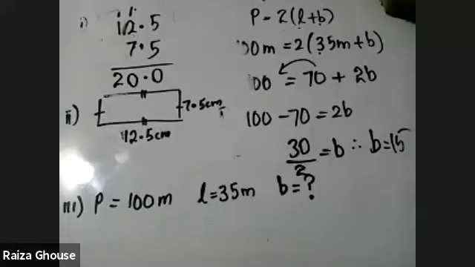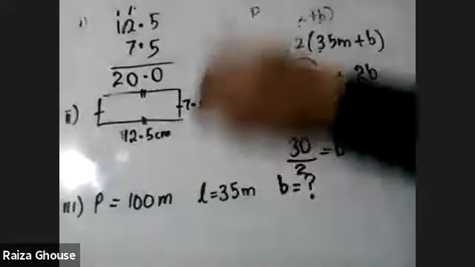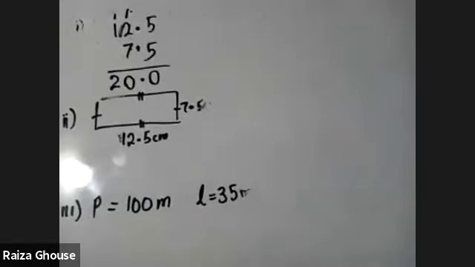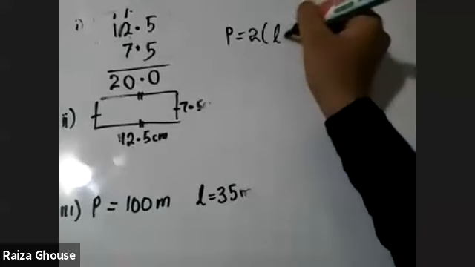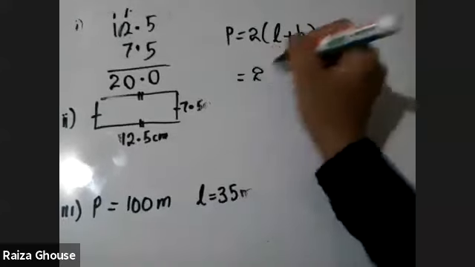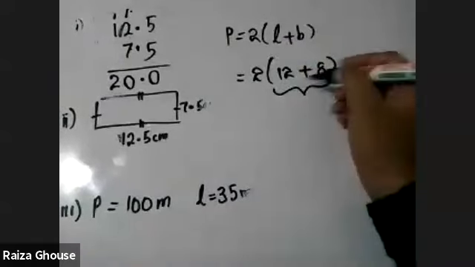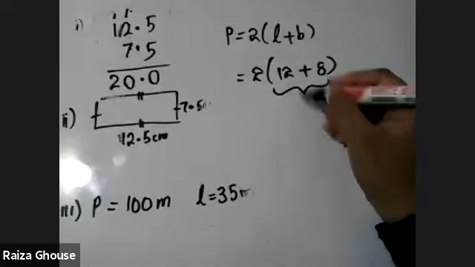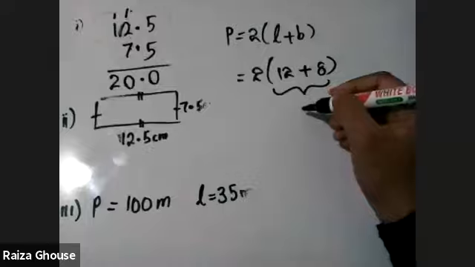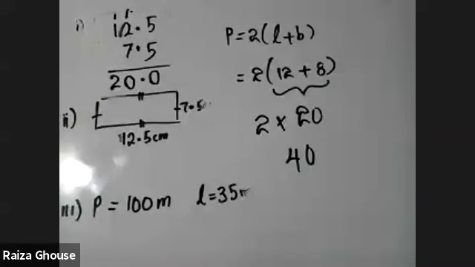Next one, this answer. What is your problem? Which one? Roman number 1, 2 or 3? The first one, teacher. I erased the diagram also. 12 and 8, same thing only. Length and breadth are given. So the perimeter formula equals 2 into length plus breadth. Length is 12, breadth is 8. Brackets should be solved first of all. 12 plus 8, how much is it? 20. 20 into 2, directly you can get the answer, 40 centimeters.